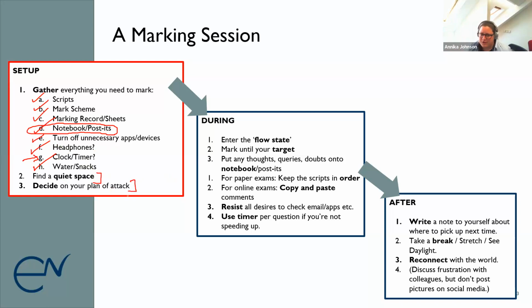Are you going to mark all the question ones? Are you going to mark all the questions on 30 scripts? You know, decide what you're going to do. Right,